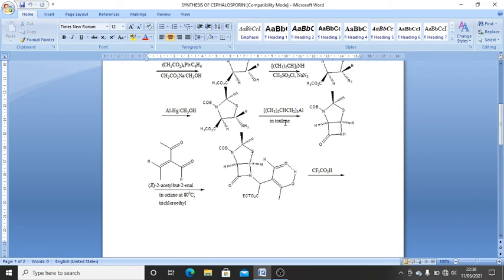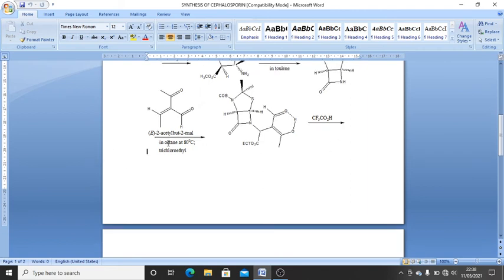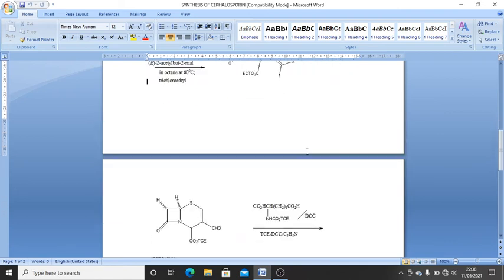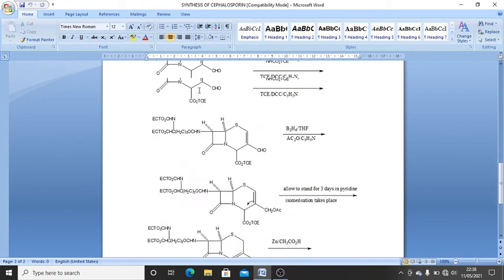Next, aluminium isobutoxide in toluene will react to give me an azobicyclo derivative. Further, this will react with two compounds, that is, one is 2-acetyl-butyl-2-enol and 2-methynyl carbonyl oxytrichloroethyl 1,3 dialdehyde, that is TCE, to give an adduct. This adduct reacts with trifluoroacetic acid to give a cephalosporic acid.